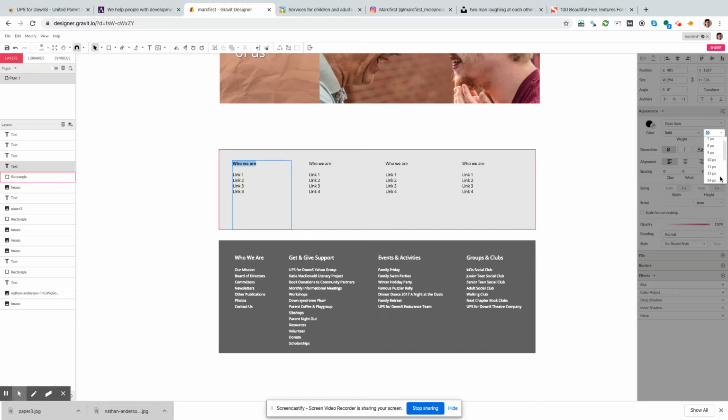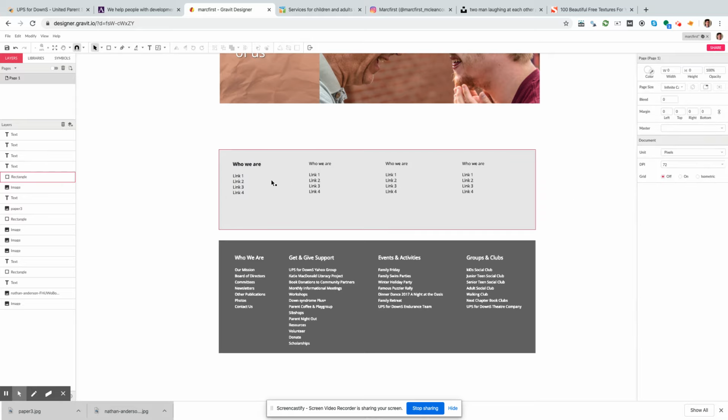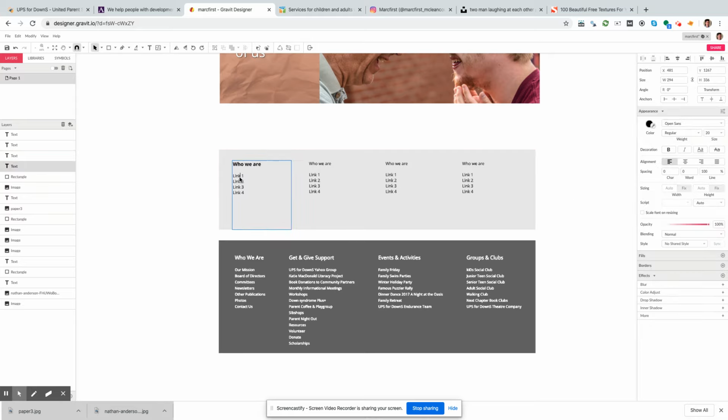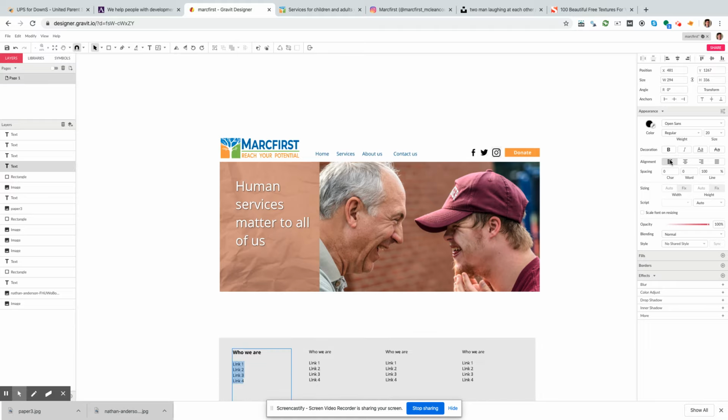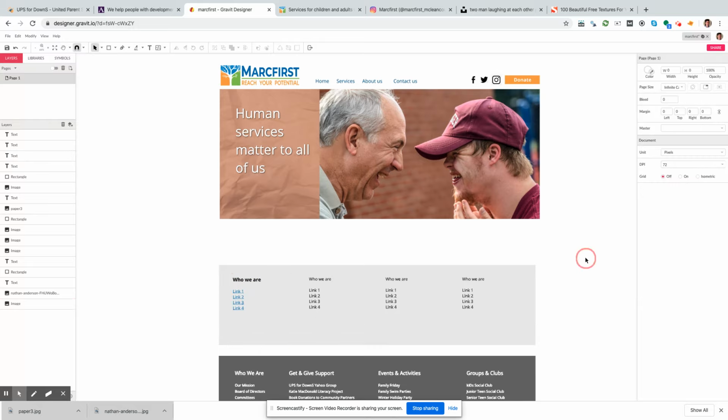I'm making it bold. I'm making the font bigger for this headline right here. Okay, and then I'm going to probably bring a color in right here. So we have that blue mark first text. So I'm probably going to steal that color just for consistency. I'm gonna underline these. Okay, so anyway,